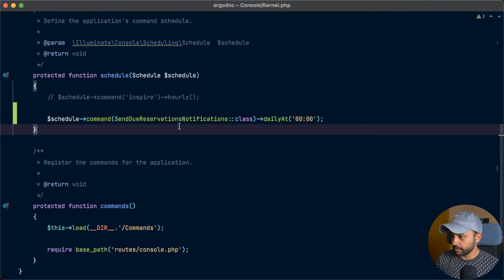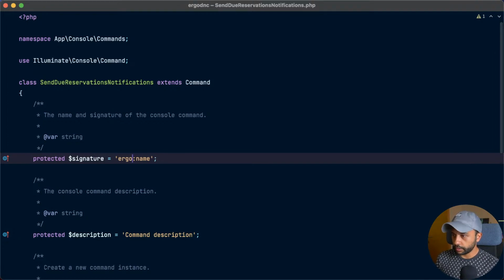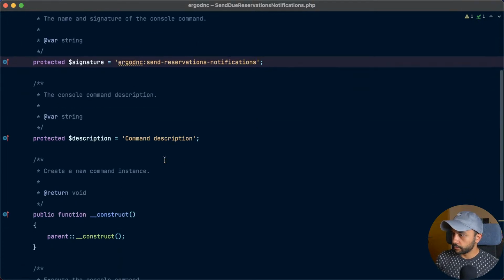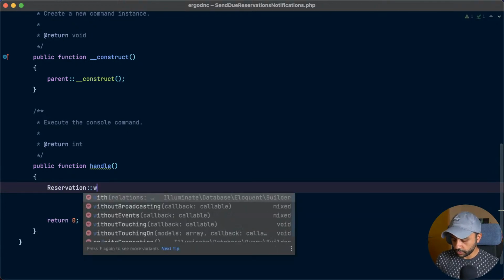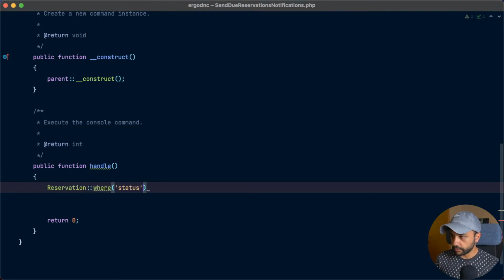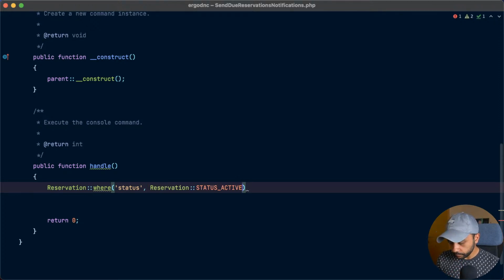I think it's correct. And this command here will have, let's call it ergodnc:send-reservations-notifications, and let's forget about the description for now. And then inside the handle method, we will want to query all the reservations where status is active, so reservation status active, and where start date is today,